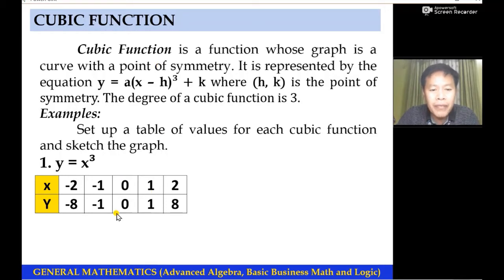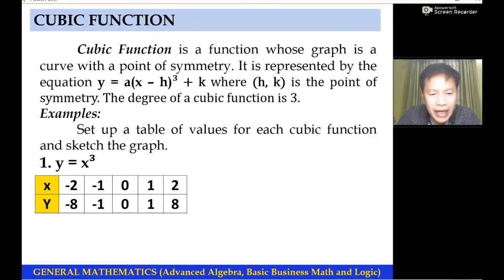That is why our point of symmetry must be put in the middle of the table of values. And we are going to arrange the values of x in increasing order, following, of course, the point of symmetry,